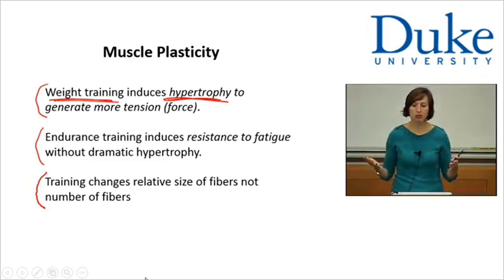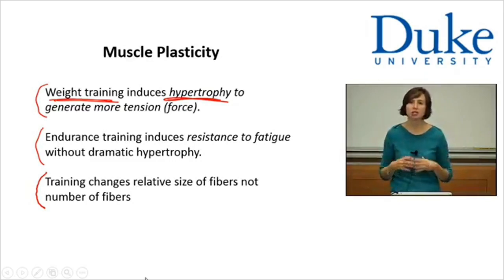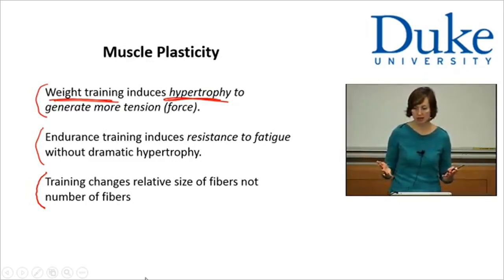But what you can do is either make your fast glycolytic fibers larger or increase the capability of the slow oxidative fibers to use oxygen